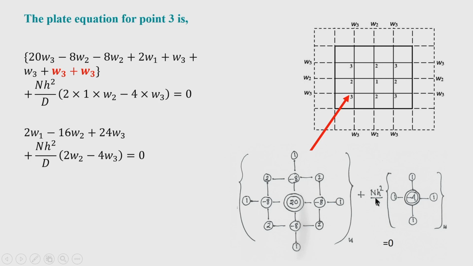So, in plane forces, the stencil is this: n h square by d, 1, minus 4, 1, and vertically it is 1 and 1. So, if I place here this node, then you can see minus 4 W 3, that is okay, and this node is coming here. So, this node is coming here and another node is coming here. So, 2 into W 2 and the other two nodes, say 1 and this one, are falling on the boundary. So, naturally these values are 0. So, after simplification we get this equation.